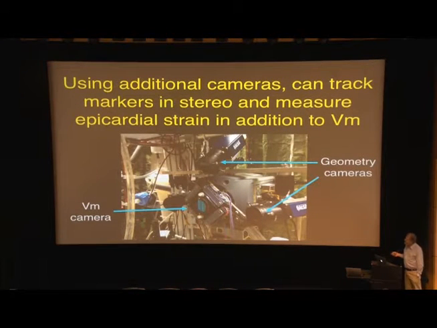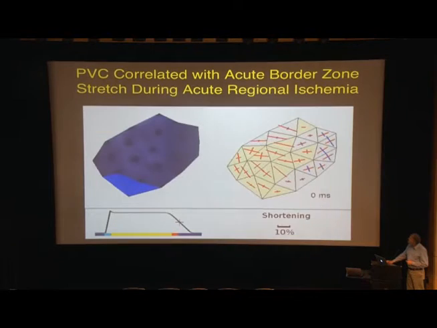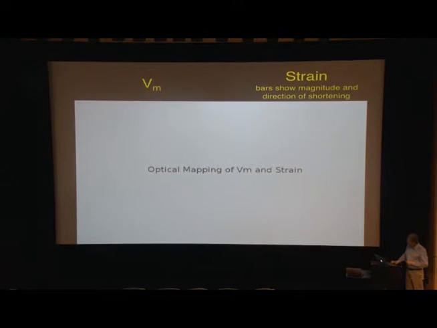Now that we're tracking motion, we can also measure the deformation of the tissue almost for free. So we add a few extra cameras. Now we can track the markers in 3 dimensions, and we can compute epicardial strains. So this